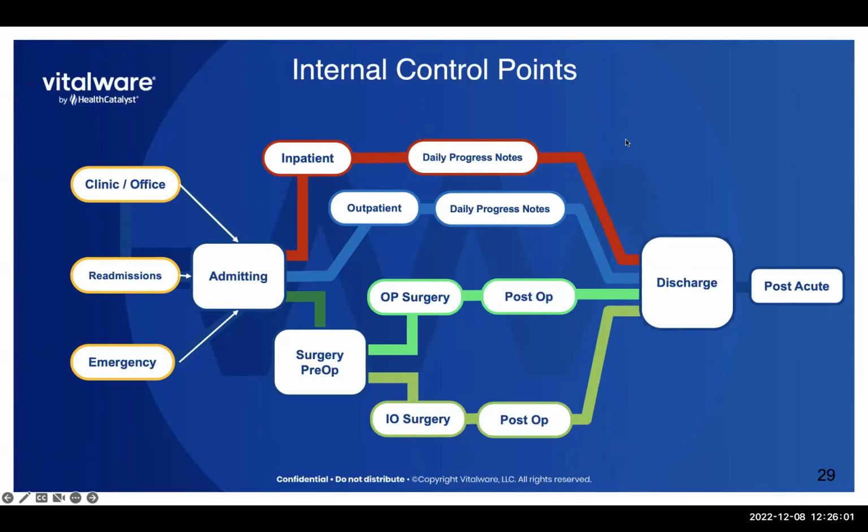Now, the key here is that at the point of discharge, this big box on the right, everything has to have been accounted for. It has to be reconciled, and there should be no errors. So that's a big problem that everybody really labors with, because these EMRs are complicated and we don't always have insight into all the errors before they go out.